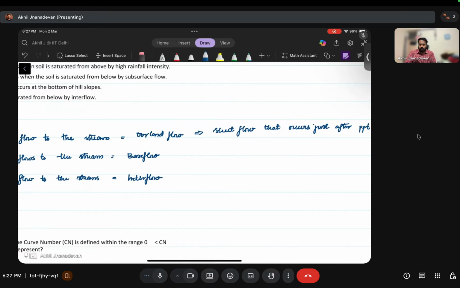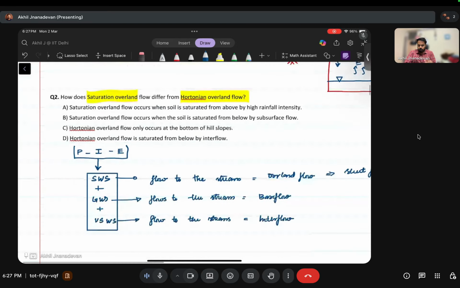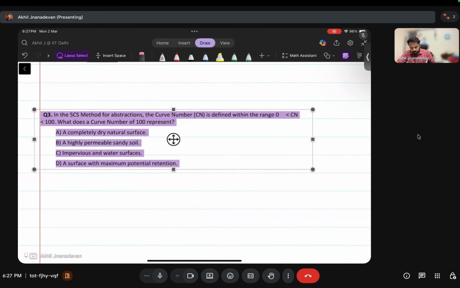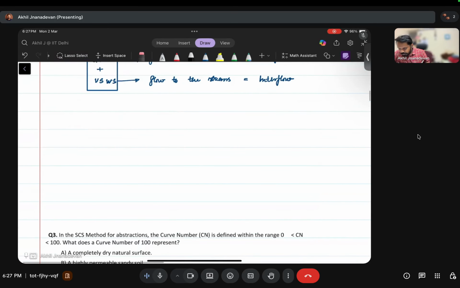Right. So in this question, they asked about two types of overland flow, that is saturation overland flow and the Hortonian overland flow. What are saturation sheet flows and Hortonian sheet flows? Okay, so we will see both. So the first one is Hortonian overland flow,